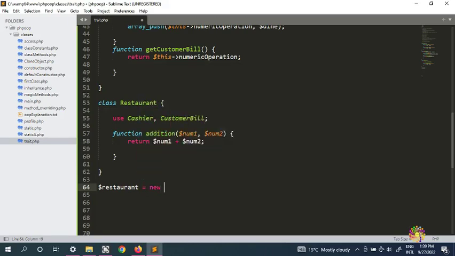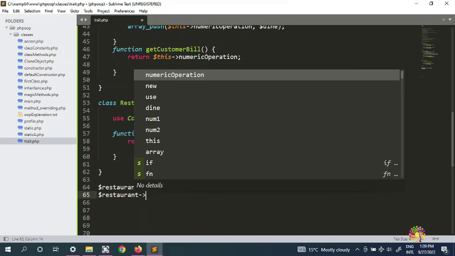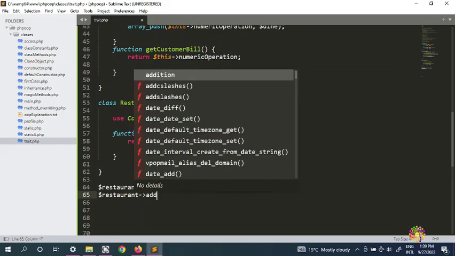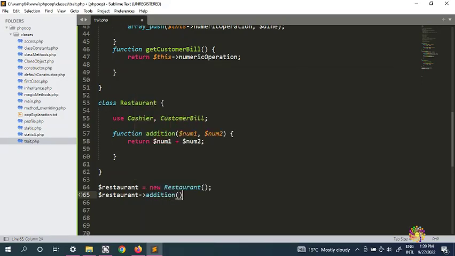and we're going to instantiate the restaurant, and through the restaurant we're going to go to the addition, for example, addition. And for addition, say for example the customer has a drink of $10, or $30 and $50, say for example a $60 bill, then we can echo